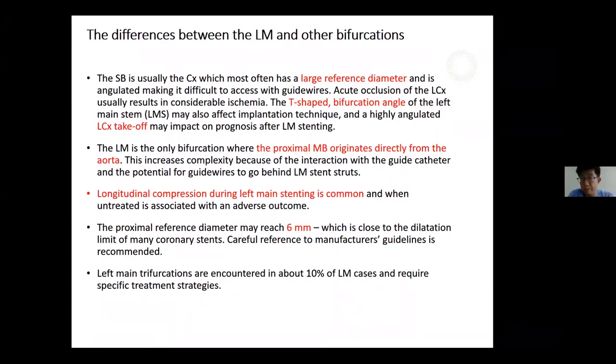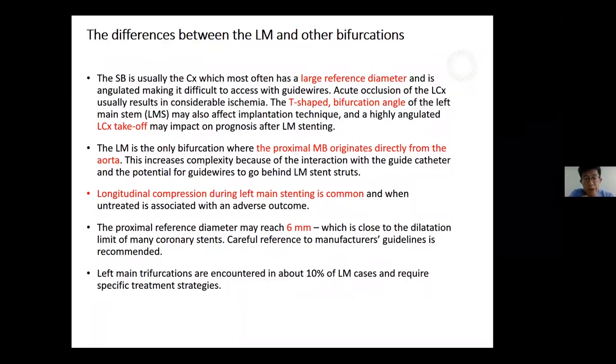LMT stenting. And the proximal main branch originating directly from the aorta is a very important thing, and it means longitudinal compression during left main stenting is common, and when untreated is associated with adverse outcome. And finally, the proximal reference diameter may reach 6 millimeter, which is close to the dilatation limit